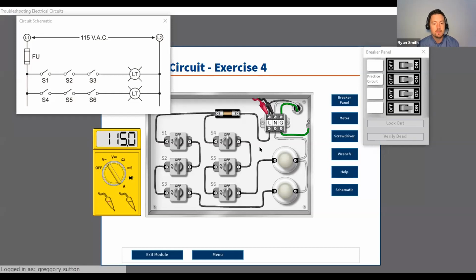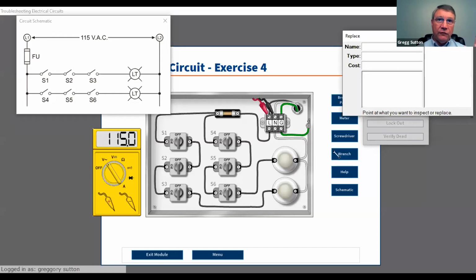I think I'll keep... Well, if I could interrupt, I forgot to tell you a little bit more about how it works. If you wanted to replace a component, let's say a light bulb or something, grab this wrench here and hover it over the part you want to change, like the light bulb there. Now go over to the switch. If you wanted to change that switch, you would click. Go up to the fuse, same thing there. That's right. Now, if you want to put that wrench back and grab a screwdriver,